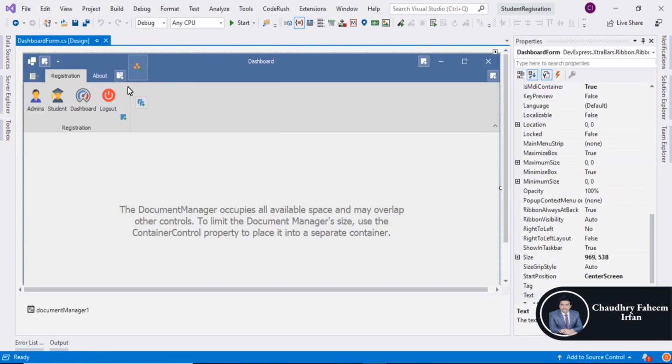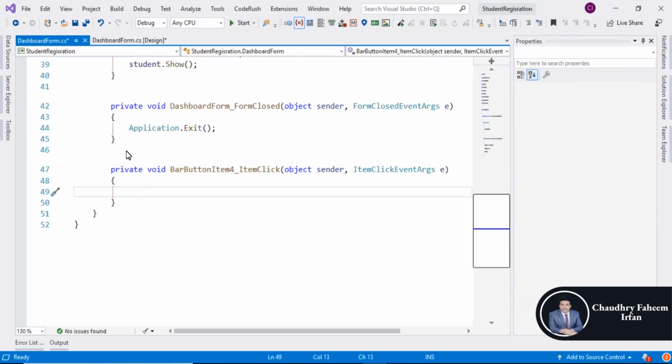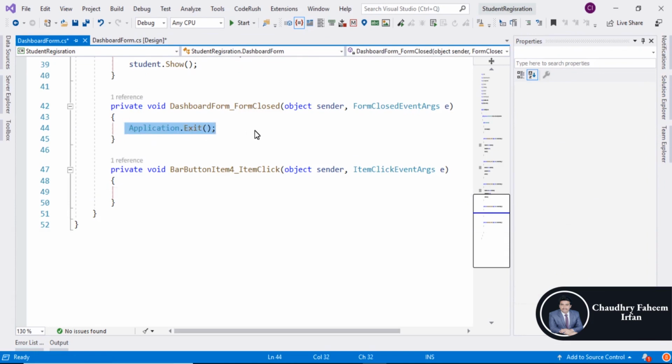Dashboard, double click here and you can add this